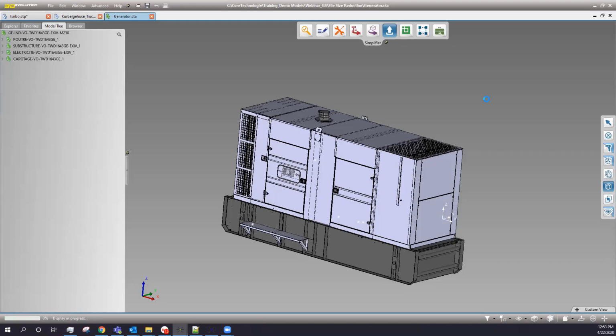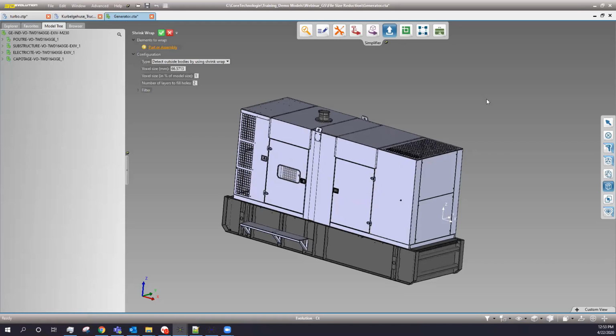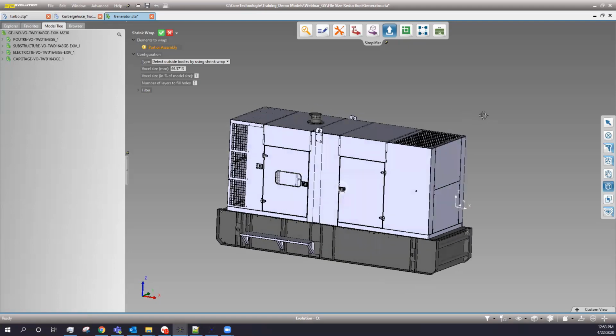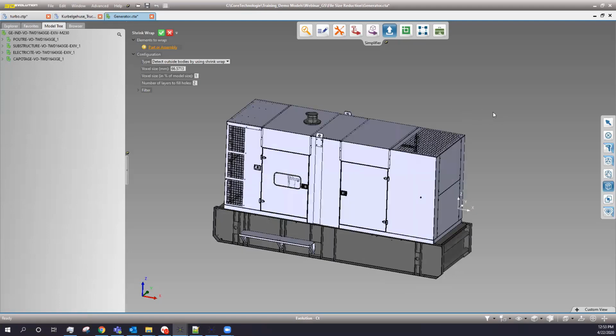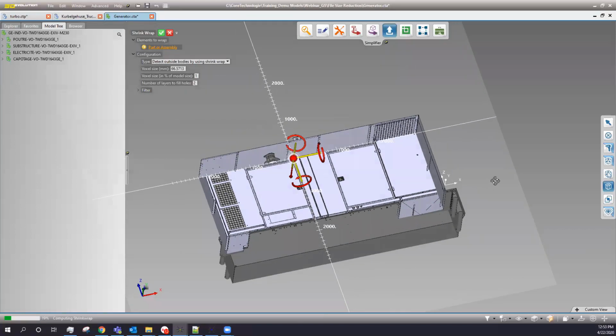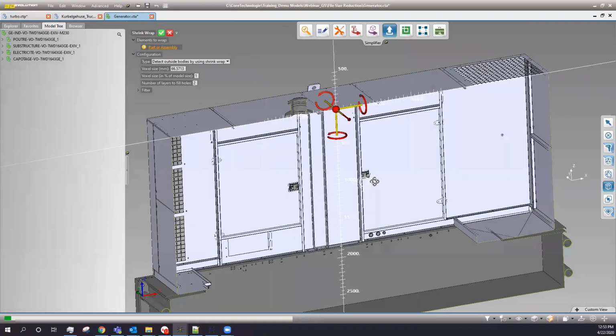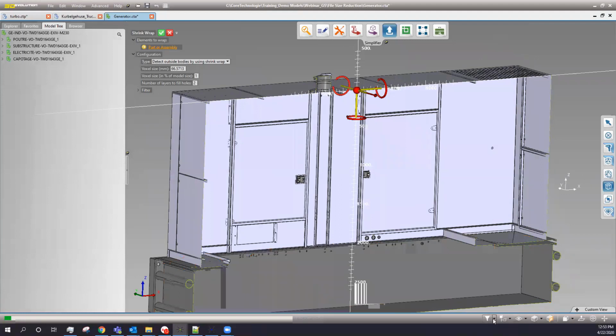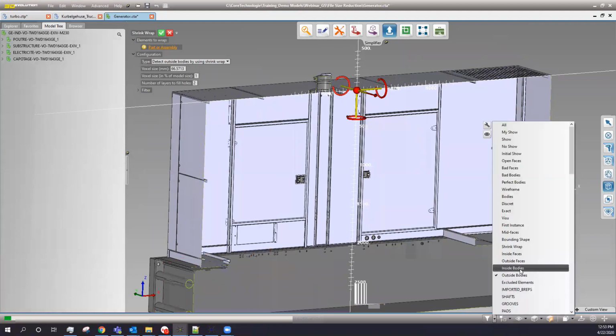But what our developers have done is optimize based on the model size, and usually the 1% works just fine, but we can always adjust that if need be, like if you're seeing certain components being removed that you don't want removed. So I'm going to do a section cut real quick. As you can see, we have all of our internals gone. If I switch this to my internal bodies filter,